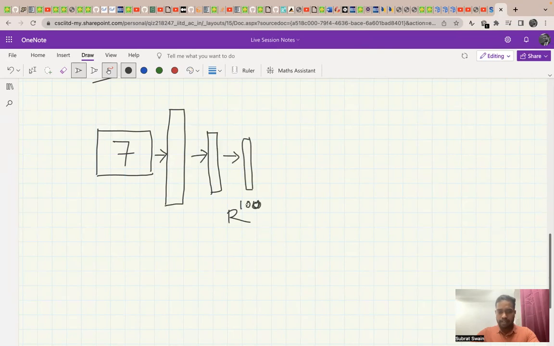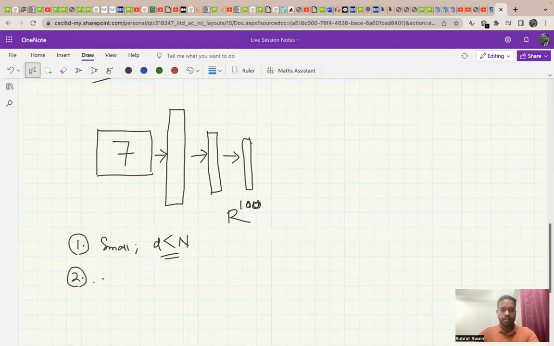So what is the need of this layer? What are the conditions this layer should satisfy? First is that this layer should be small. I mean, the dimension of this layer should be less than the dimension of the original data. Second thing is that this layer